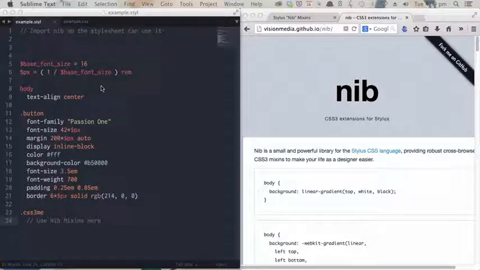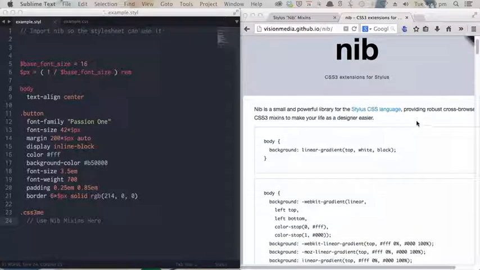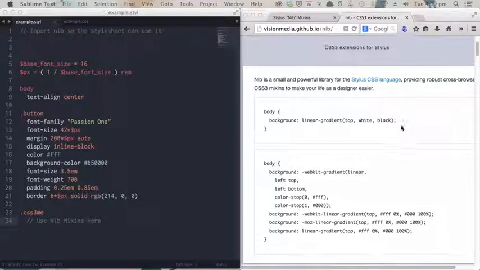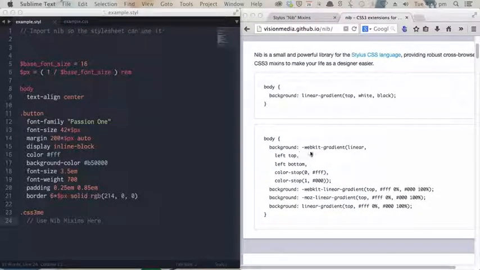This is the nib documentation page. There'll be a link to this below the video. And this is an example of what you might do with nib. Now, for example, this is a linear gradient. And instead of having to write lines and lines of vendor prefixed code, you can just write this one little line of code instead. And when it's compiled, it will give you the full linear gradient code that you need